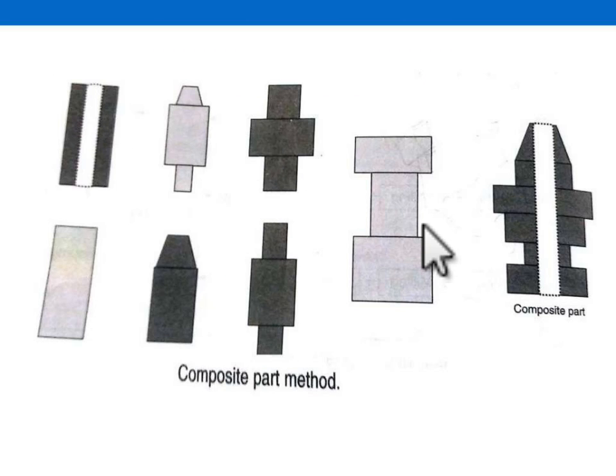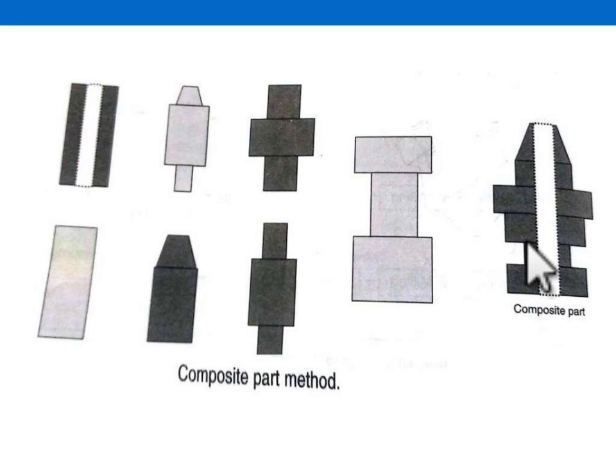Now we take one composite part which is hypothetical, not real, but which has all these parts' features. So we make one machine cell. If the machine cell can make this composite part, it can automatically make these parts, because it has all the features required in these parts. If that machine cell can make this composite part, it can make these parts easily. Now you understand.